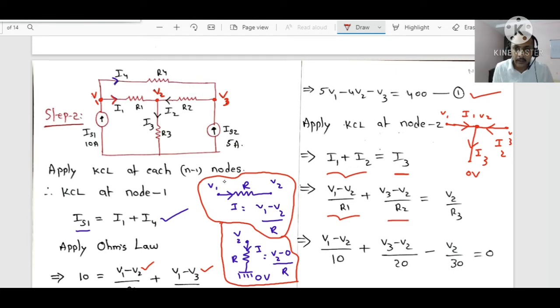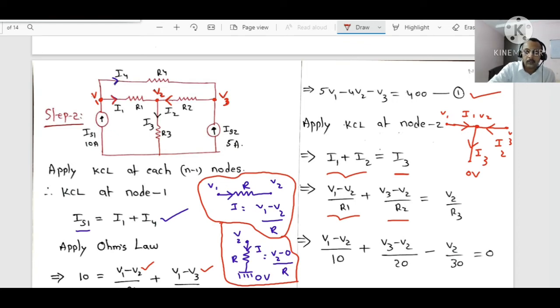plus I2. How much is I2? Observe the direction of I2. Immediately when I2 is asked, most of the people may write V2 minus V3, then the problem goes wrong. The direction of I2 is important. I2 is from V3 to V2, like this. So V3 minus V2 by 20, and you bring I3 towards the left hand side, minus V2 by 30 equal